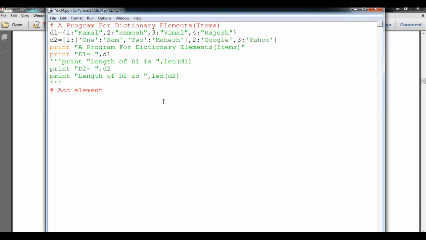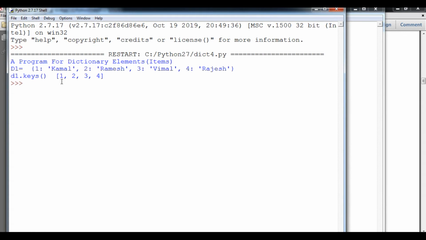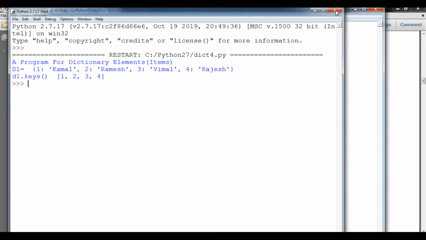Students, I'm going to use how to access the keys of an existing dictionary. I'll say print, so here my dictionary D1 dot keys. Here it will give me the keys of the dictionary. Which dictionary? The D1 dictionary. Now you can see, students, I have 1 2 3 4, these are the keys.